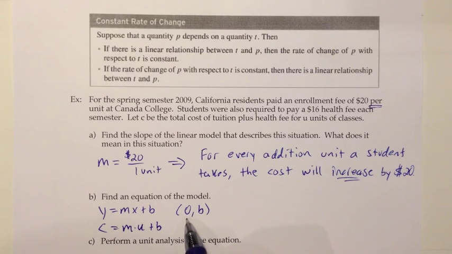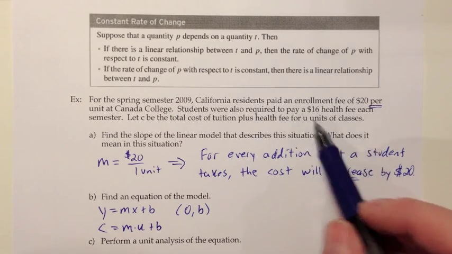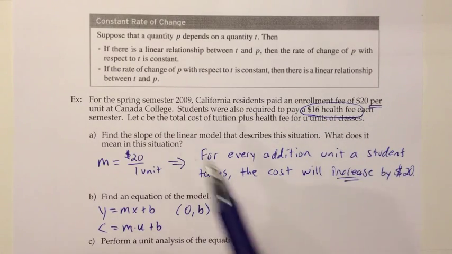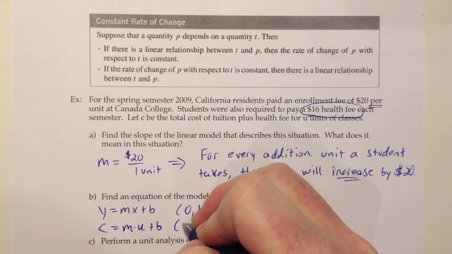But another way that you could think of it, besides what if you weren't going there, is before you even start paying for your units, is there any other cost that you have to pay regardless of how many units you're taking? And that would be what we call a fixed cost, something that doesn't have that per. It doesn't matter how many units you're taking, you're just going to pay that amount. Well, there's only one other cost listed, and that's this $16 health fee right here. And that's not per unit, that's just each semester. So for each semester, that's a fixed cost. You have to pay that whether you take a 1-unit PE class or a 12-unit full load, or an 18-unit hyperload. It doesn't matter. It's $16. So that sounds to me like that's going to be that b right there,